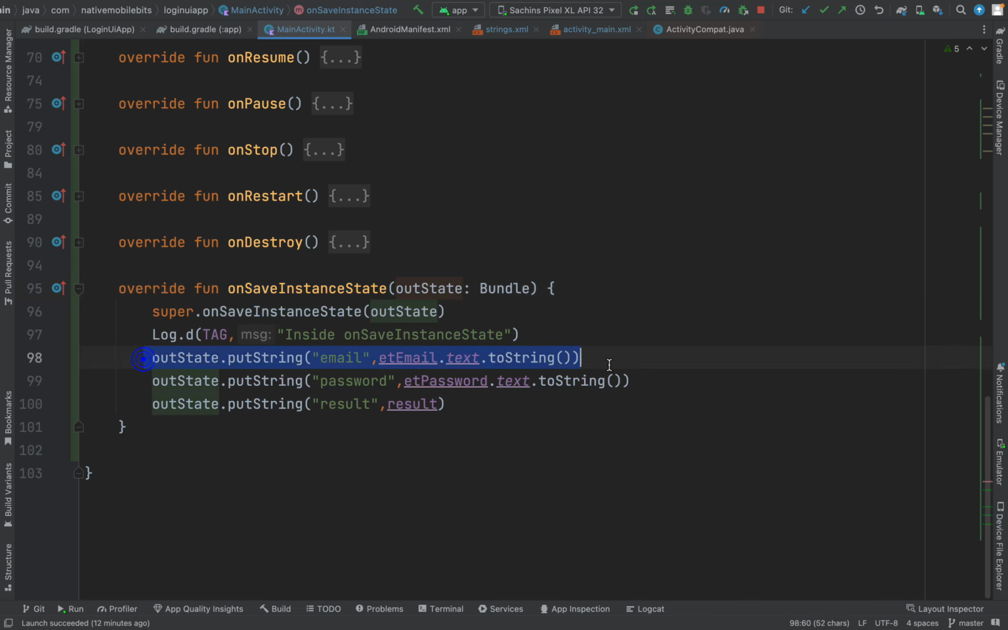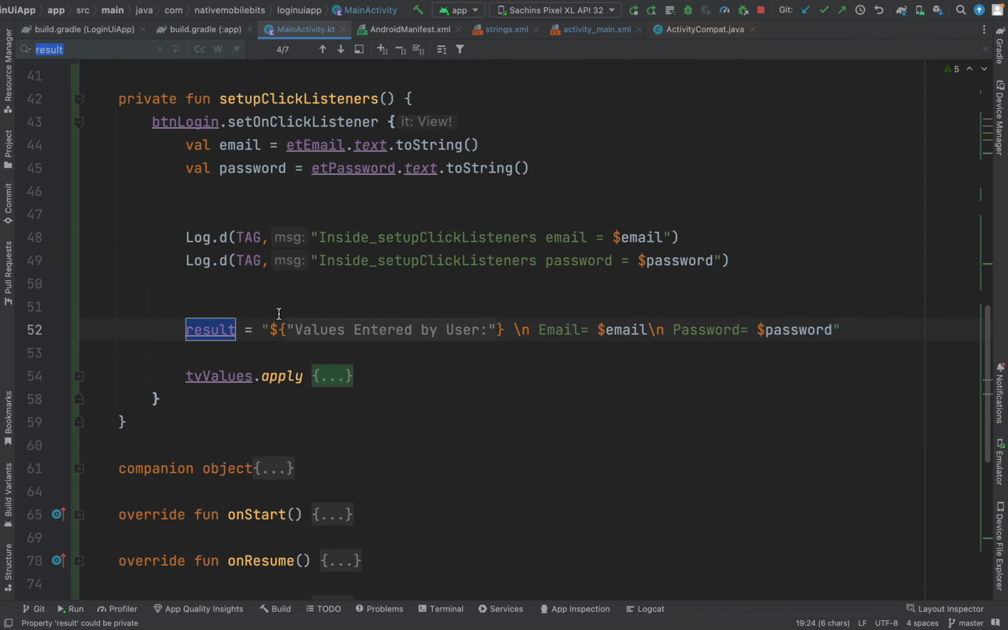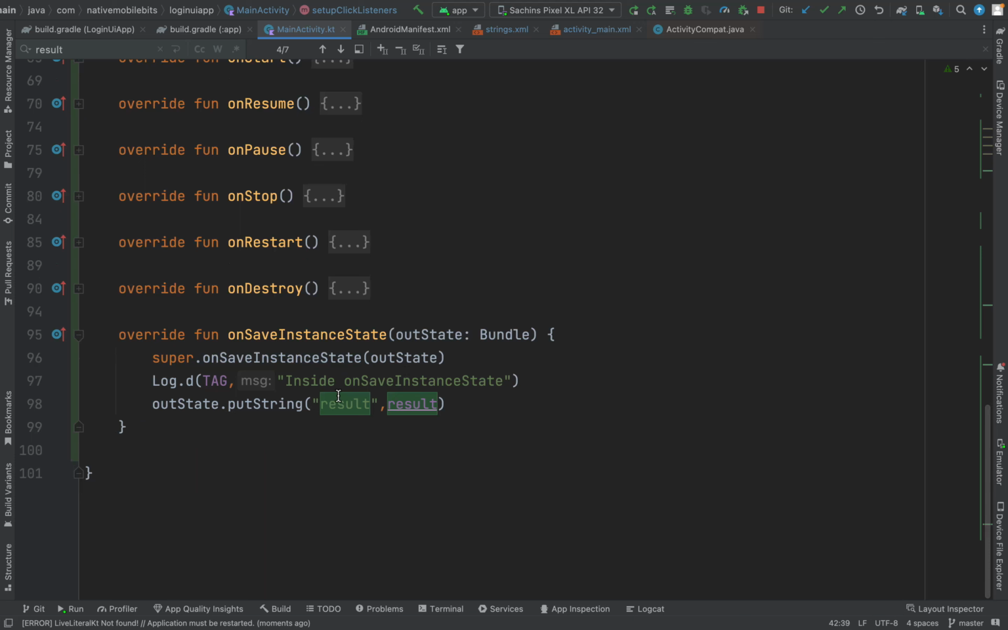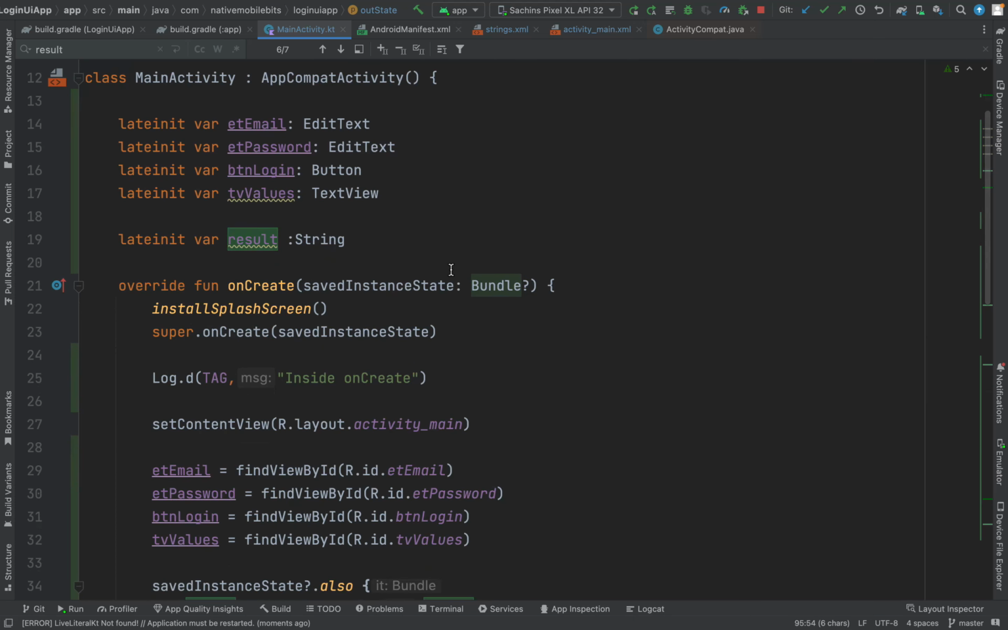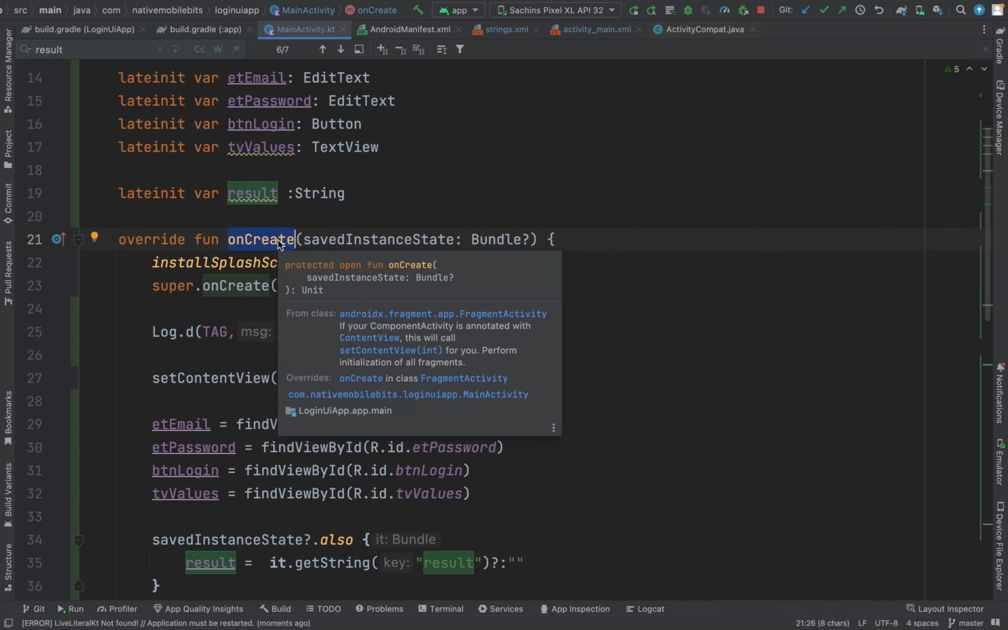We can remove these things also because we just want to use the formed string, the final result value, this one, which we were forming inside this button click. Okay, now we kept this inside this onSaveInstanceState bundle. So whenever a new activity instance is created, the OS will give us a callback inside this onCreate method,